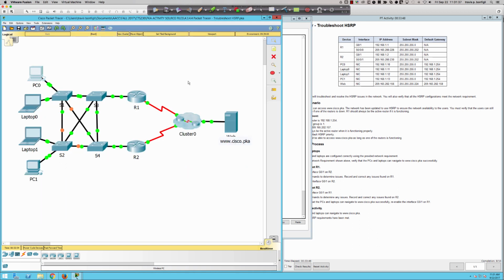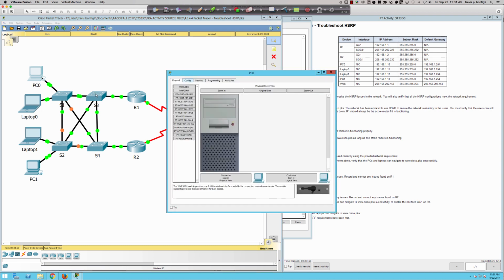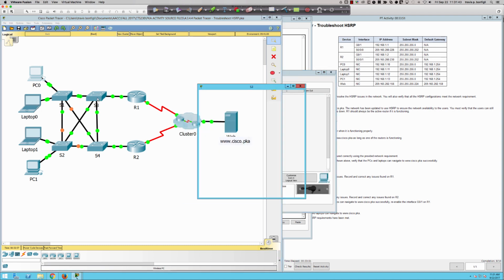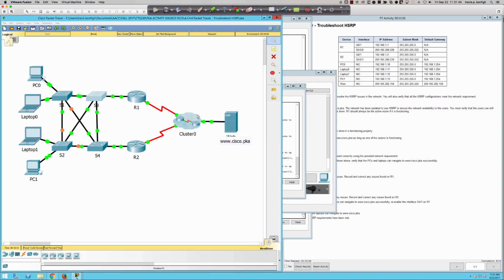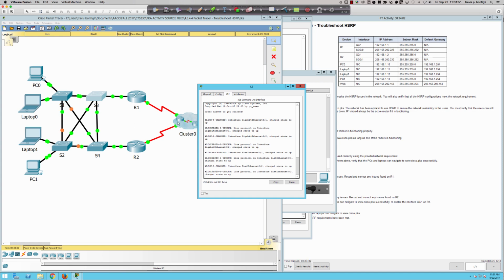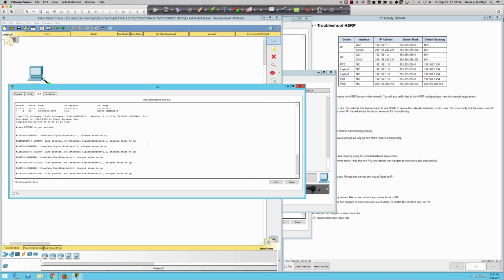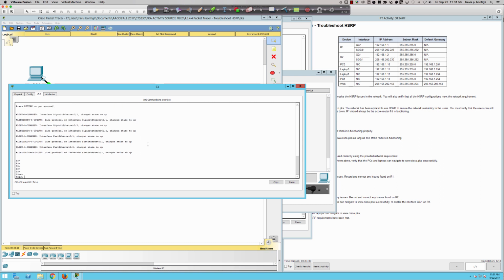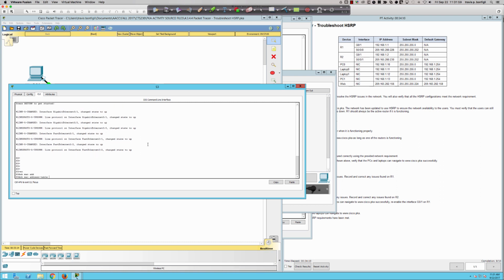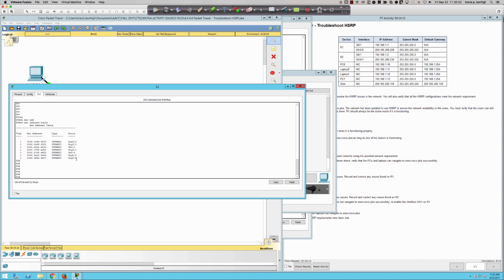Let me see, because what I'd like to demo, and actually before we do that, if I come to switch 3, and this is going to be tiny print, unfortunately, there we go, the switches are not cooperating. So we pull the switches up here. Let's give ourselves some more real estate. If I say show MAC address table, right? We should see, and absolutely we do, on gig 0/1, F0, and I know that's tiny, I apologize, I can't make it any larger than it is right there, but there it is,